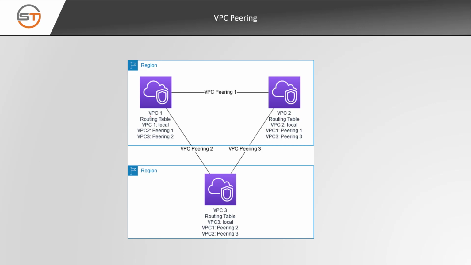So you can see over here that VPC1 is peered with VPC2, so that all the instances from VPC1 can communicate with VPC2 and vice versa. Peering can be carried out between your own account VPCs or between a VPC assigned to another AWS account. So VPC1 and VPC2 can be in the same account, or VPC1 can be in one account and VPC2 can be in another AWS account, and we can have a peering connection between them.